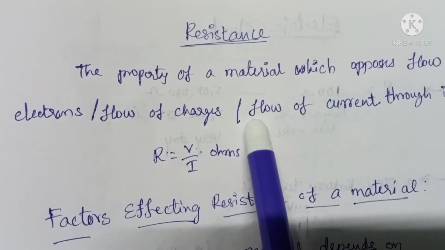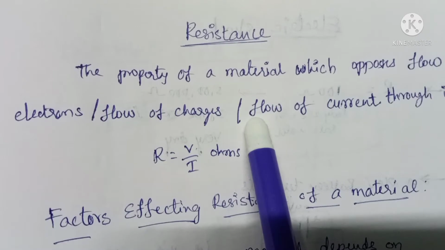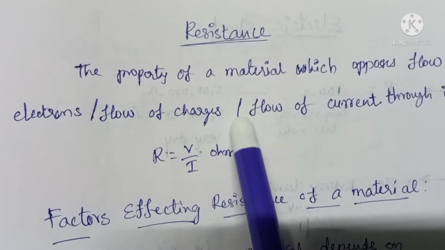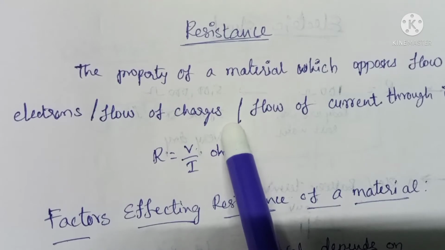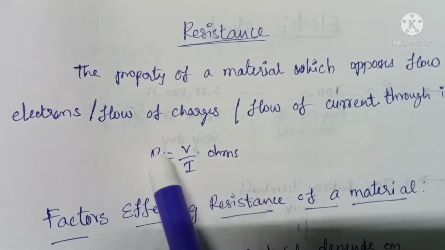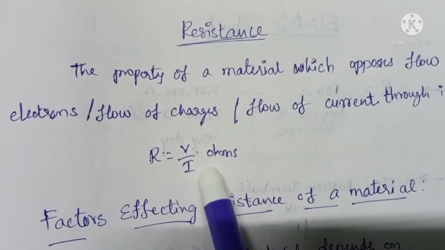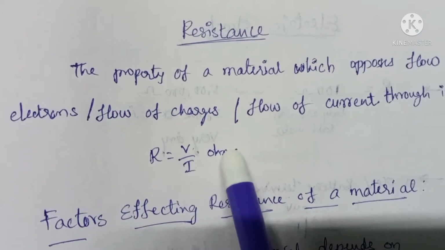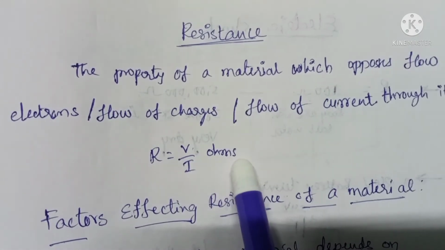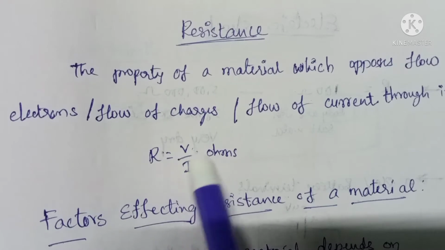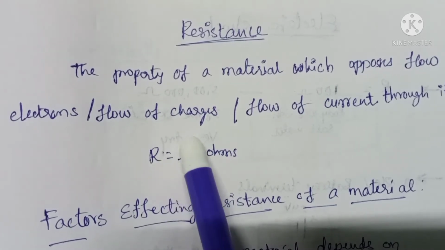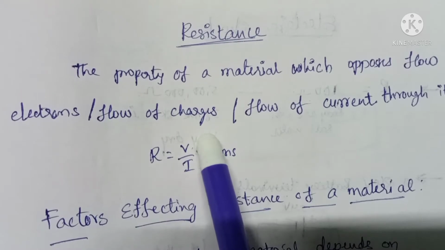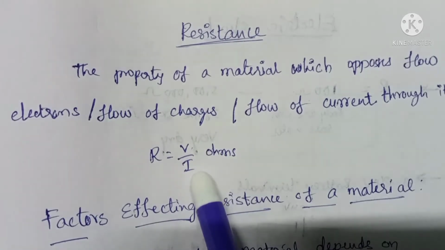So every material or body has some resistance. The human body also has some resistance. Resistance R is equal to V by I ohms. So resistance units are ohms. This is derived from Ohm's law, where R is the resistance of a material, V is the potential difference across that material, I is the current flowing